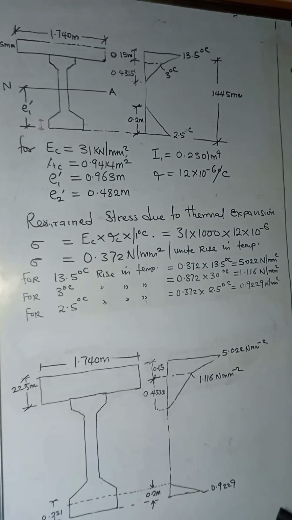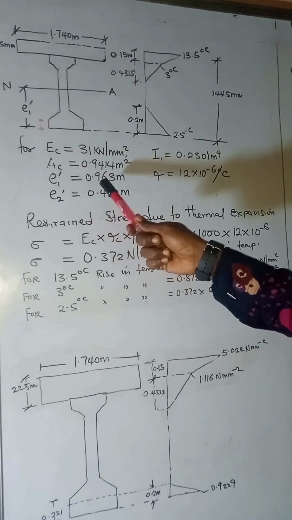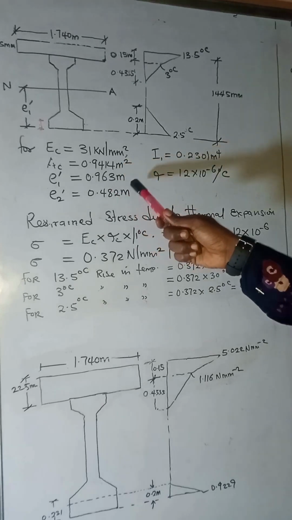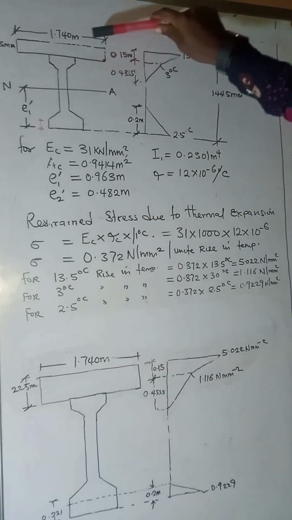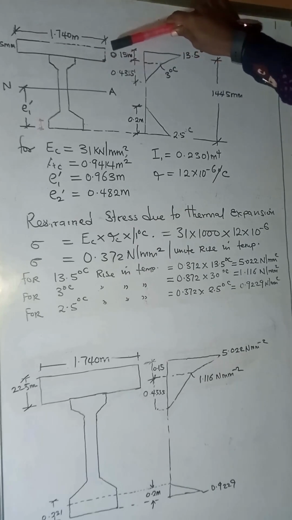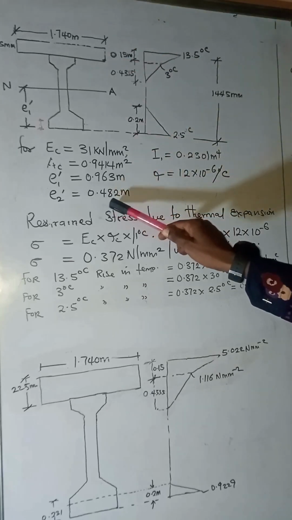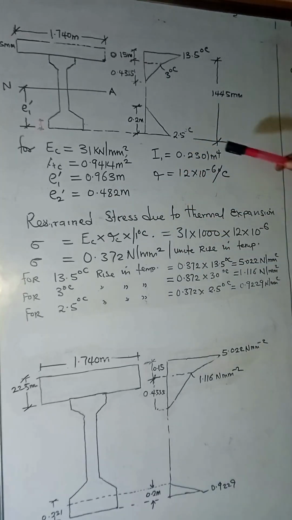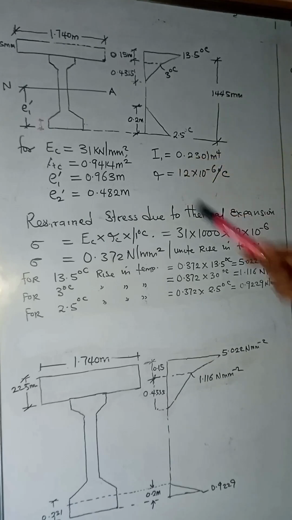Okay. Now the centroidal distance from the bottom surface to the neutral axis, let's call it E1, or A1 prime, we have that value to be 0.963 meters. Now the centroidal distance from the neutral axis to the top of the composite section is 0.482 meters. Now we have the moment of inertia of the section to be 0.2301 meter raised to power 4, and we have the coefficient of thermal expansion for concrete. You can as well get this one from the code to be 12 times 10 raised to power minus 6